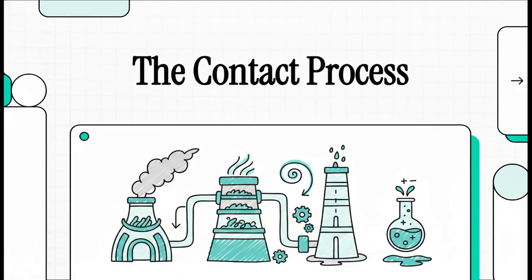We are going to take a virtual factory tour. Together, we're going to walk through one of the most incredible, massive-scale industrial operations on the planet, the contact process. This is the fascinating chemical process used for the large-scale manufacture of sulfuric acid. It's a substance so vital that a country's industrial strength is actually often measured by just how much of it they produce. And today, we're going to be looking at a video illustrating the whole thing, using a flowchart and